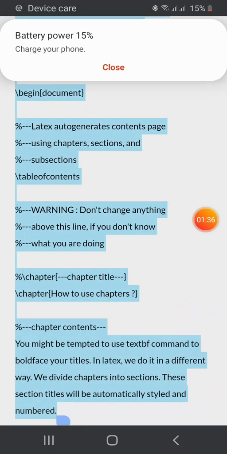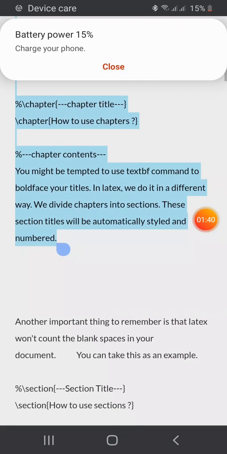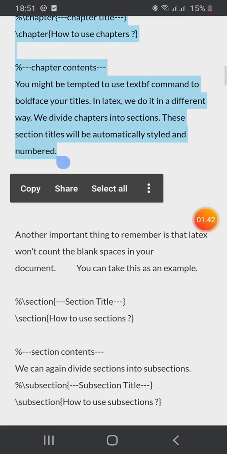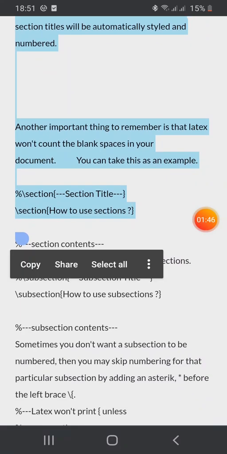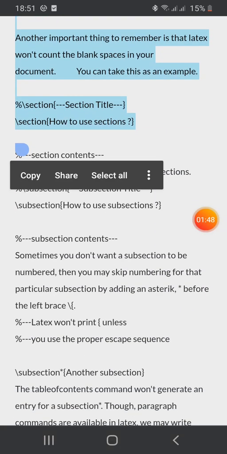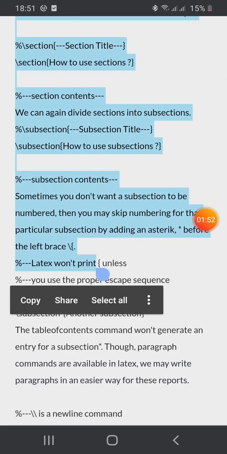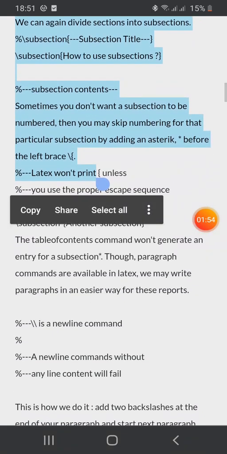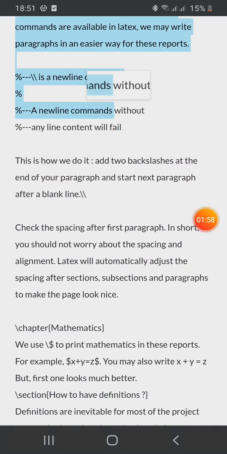And these are the ways we write. This is how we write a chapter. This is how we write sections. Inside a chapter there will be subdivisions like 1.2, 1.3. So those are sections. Inside sections we will have subsections 1.1. The numbering will come automatically. You just need to write section, subsection, chapter, etc.